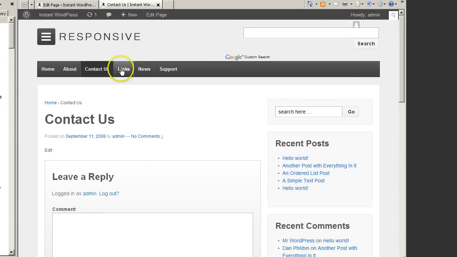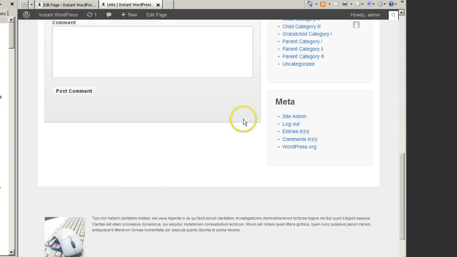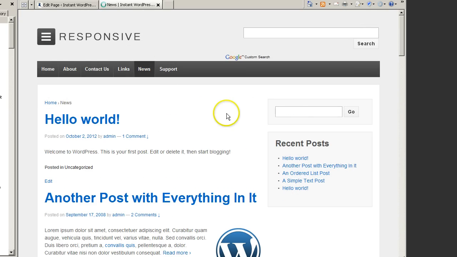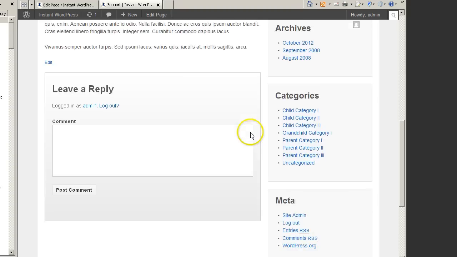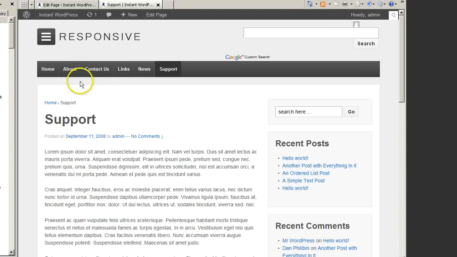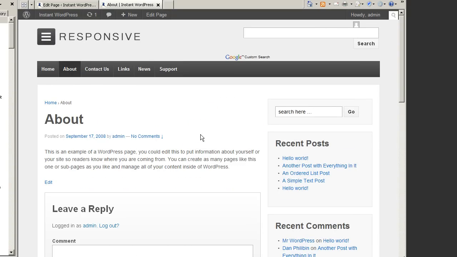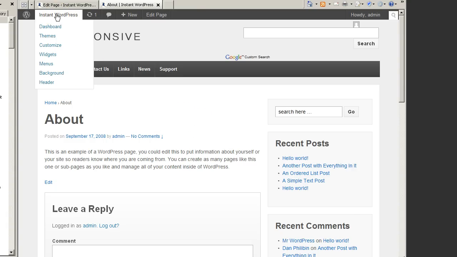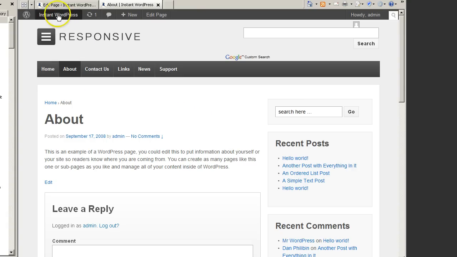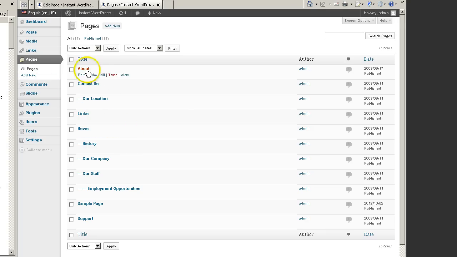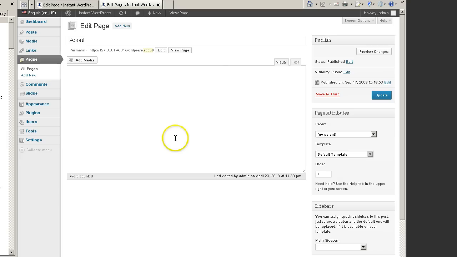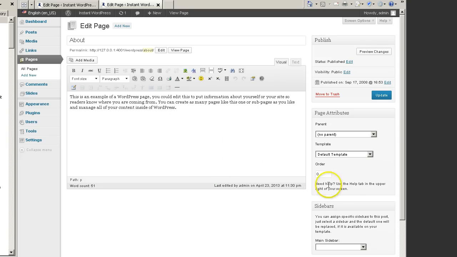It's the same sidebar on every page, and this plugin, Custom Sidebars, allows you to change that, which is something that you do have the option to change page templates in WordPress, but there are a couple of plugins that give you different custom sidebars and stuff like that, but this is really a cool plugin, because I'll show you what's going on in a second. So let's do the about page. Let's just do that page right there. So if you notice now,